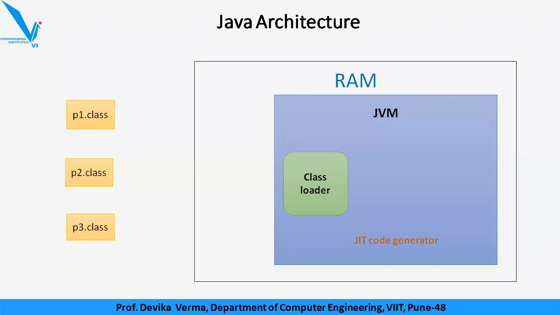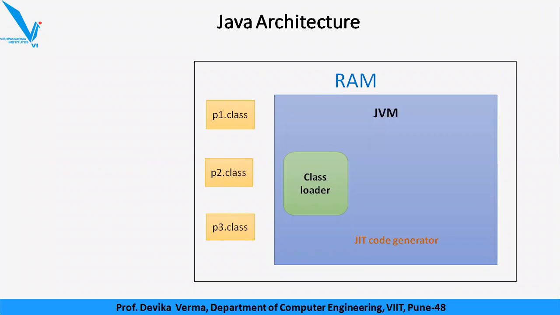This Java virtual machine has a component called the class loader, which loads all the class files onto your RAM. And then there are different components of this Java virtual machine, like the bytecode verifier, which verifies that the content of the class files is not violating any constraints. And then there is an execution engine, which actually picks up the bytecode, converts it into machine code, and then runs. The execution engine can also take help of the just-in-time compiler, like I told.